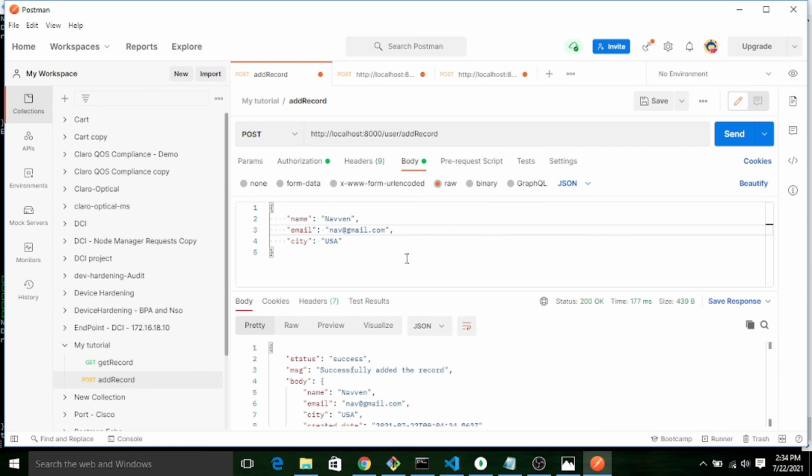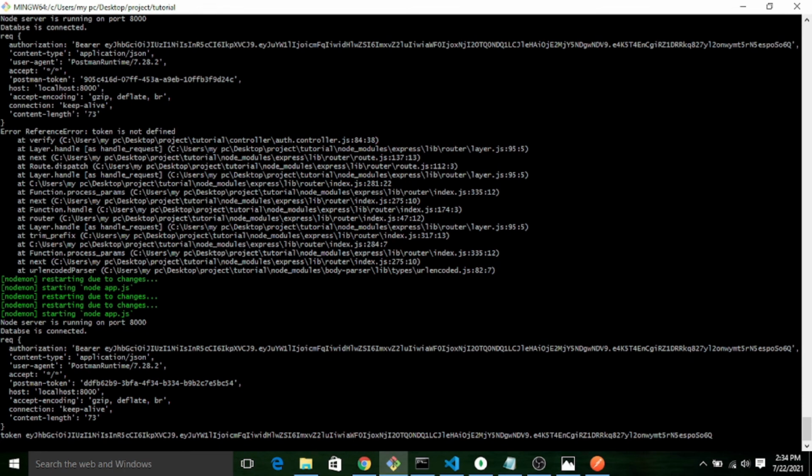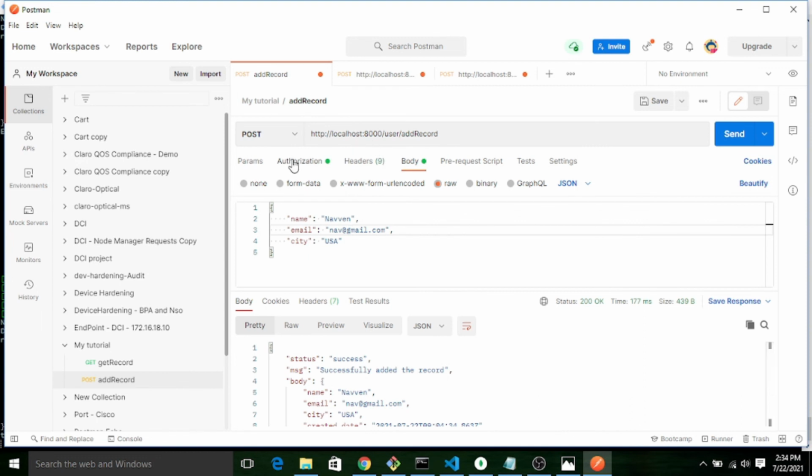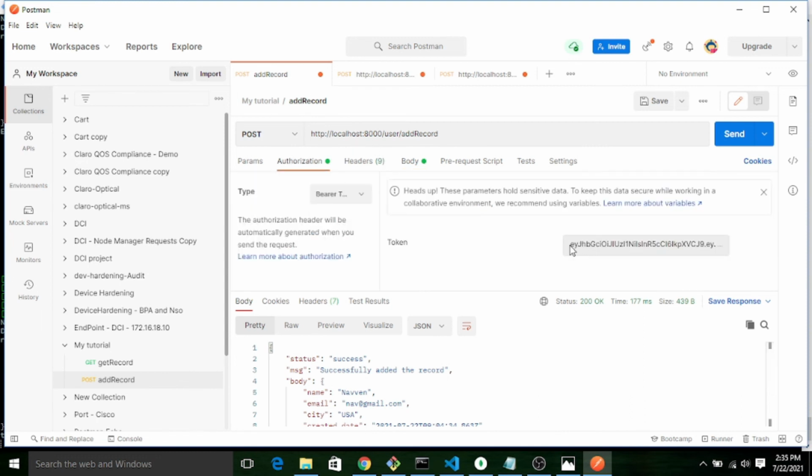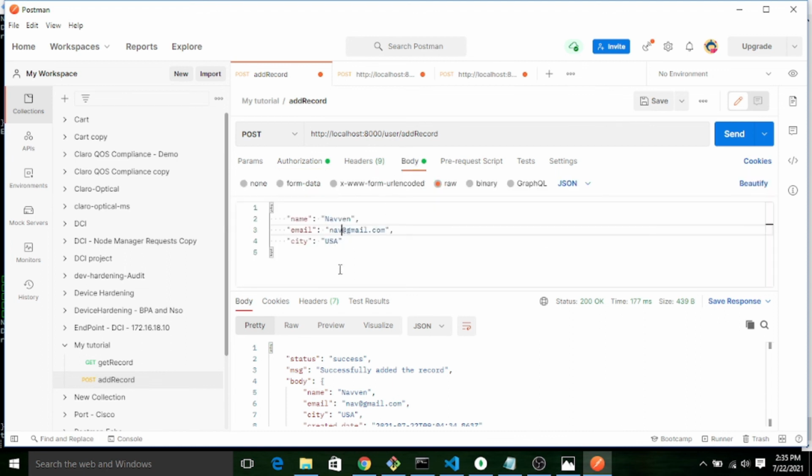See, if you can see here, first I attach the JWT token in the header. I send the request, and now I can add the record. Now the success message came. So in this way we can protect our REST API. Security is the most important thing when we are making any kind of application. If we cannot secure our application, then anyone can access it.